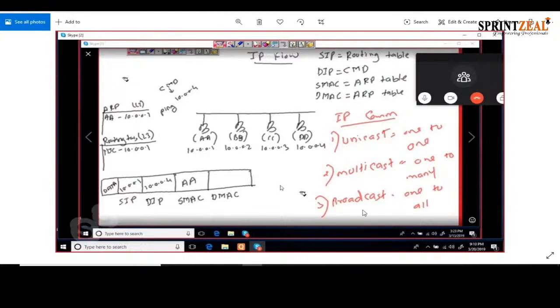Now what is broadcast? In WhatsApp, we have a feature called broadcast list. In India, we have many festivals: Diwali, Eid, Christmas. We celebrate each and every festival, and our friends belong to different communities. So whenever Eid is coming, I don't go personally to send each and every message. I create a broadcast list, and I have thousands of contacts. I add all the contacts in that broadcast list and just send a message